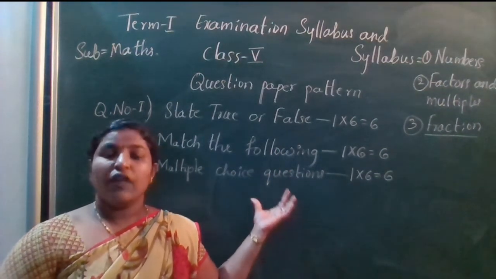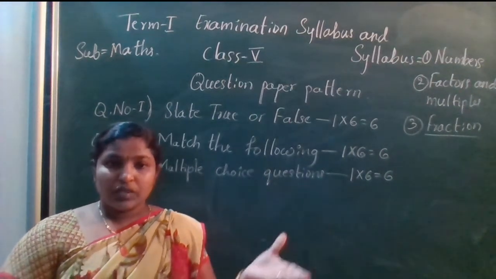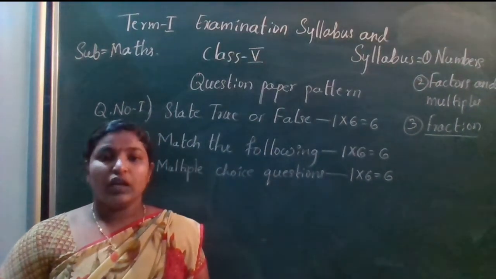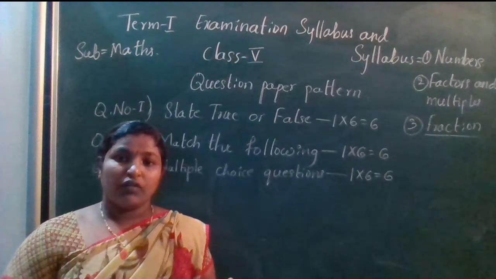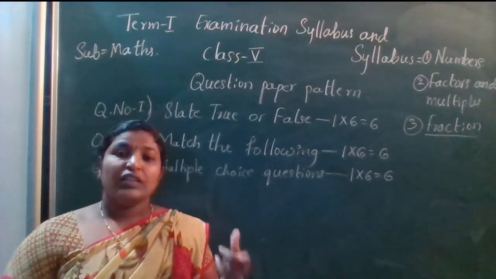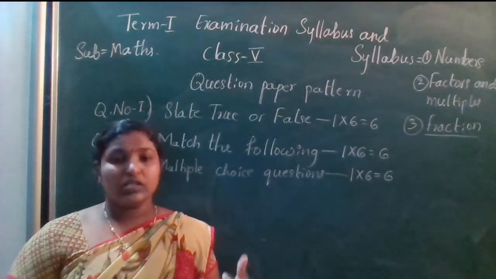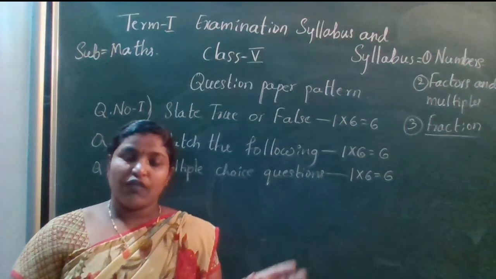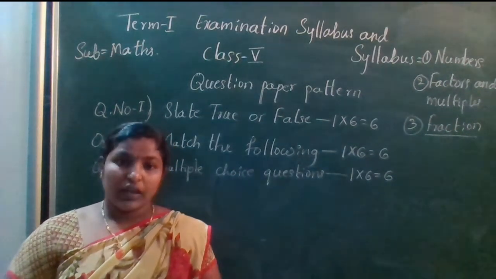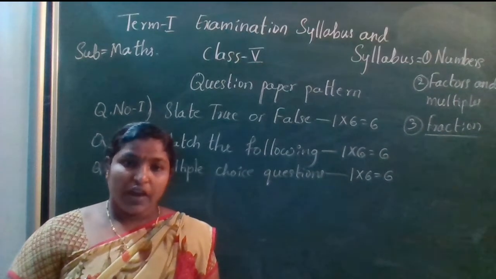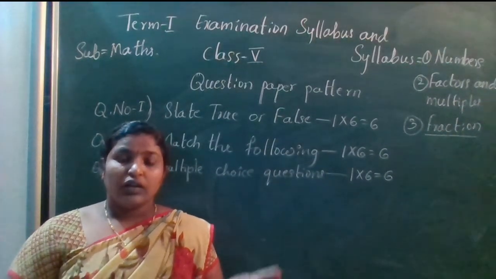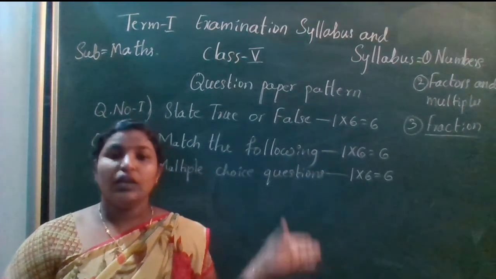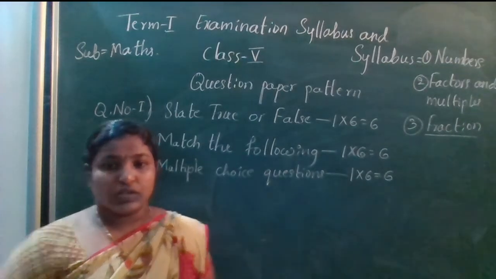So you have to be very perfect in the theory part. Numbers means whatever numbers theory is there, you should be aware of all those things. The multiples and factors also are the same. Then fractions, the theory part of fractions is types of fractions. By one example you should identify which type of fraction it is, and comparing the fractions, comparing unit fractions, how to identify the greater fraction and the smallest fraction. These all things will be carried in 1 mark questions.